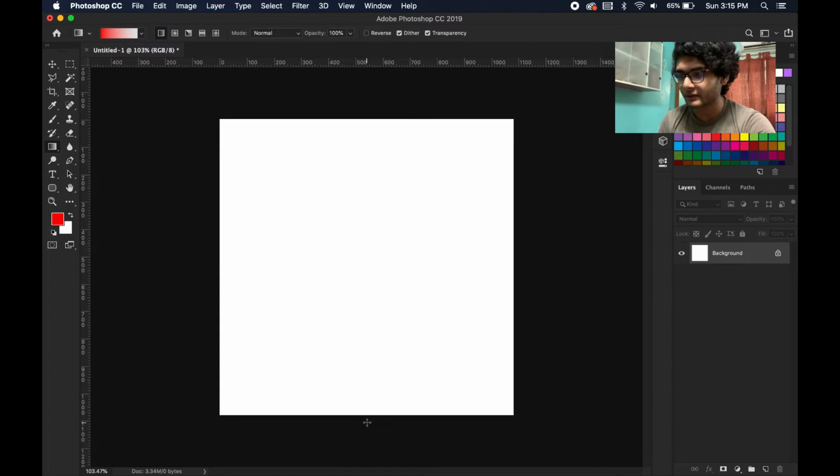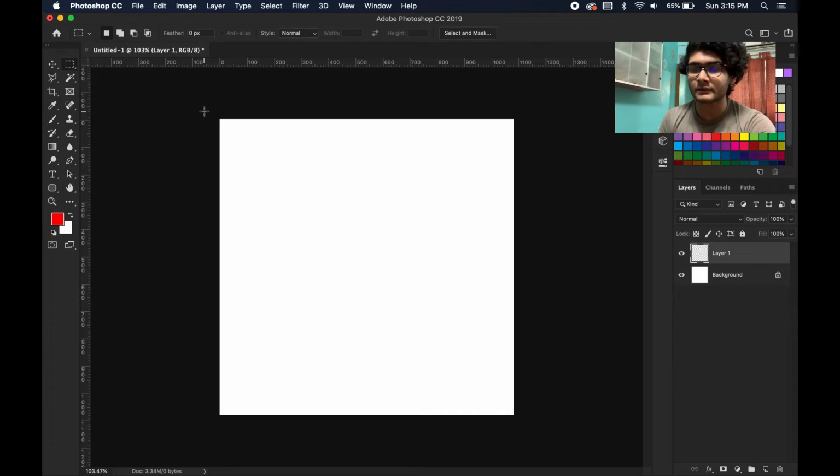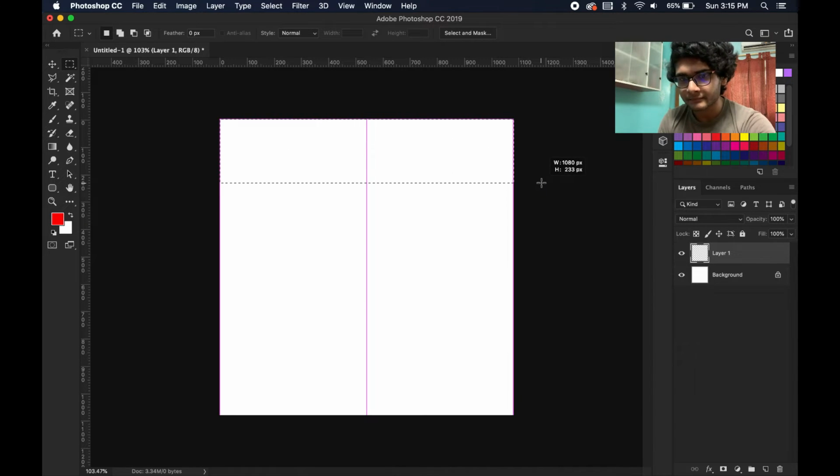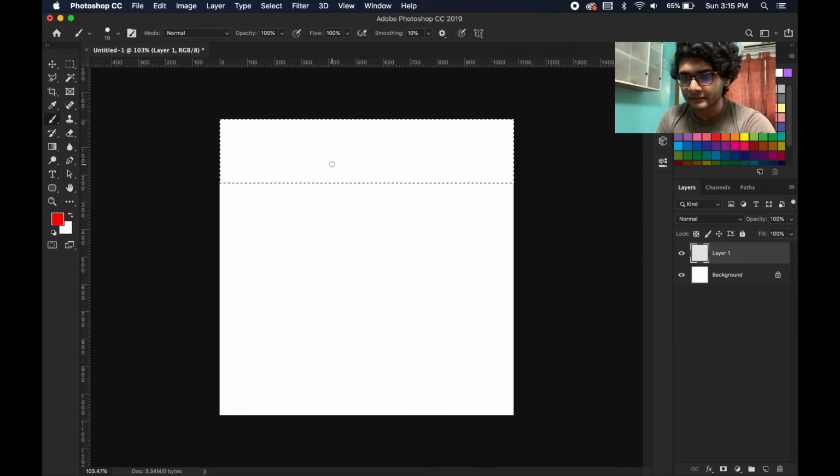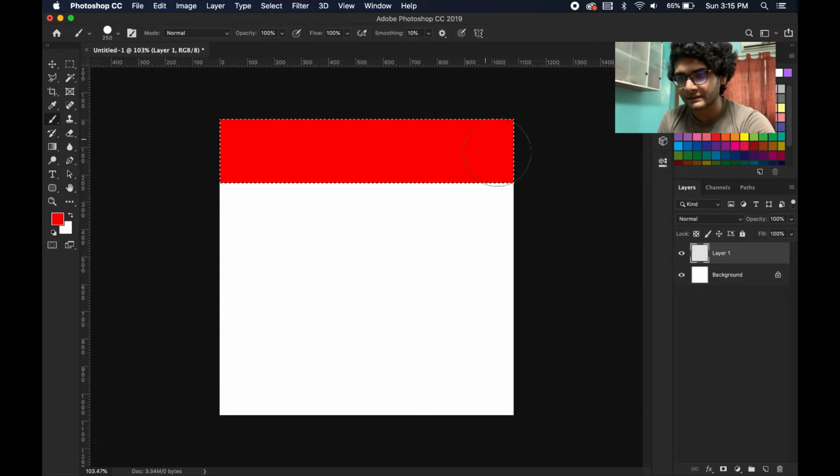For example, if you are into some poster making and all, you have probably seen that. Okay, now I am using the marquee tool. So now let's get started with some kind of poster making using the marquee tool. Let's mark a rectangle here, let me increase the brush size and draw a rectangle here. So this is how a rectangle is made. Now Command D to deselect the layer, and as you can see, you can press V to move it to any place you want.